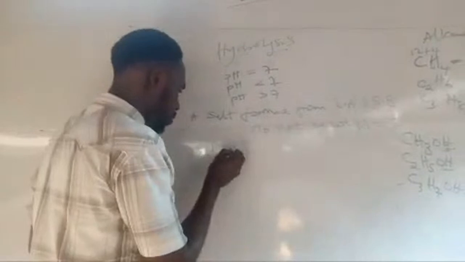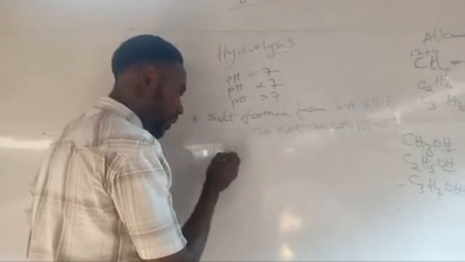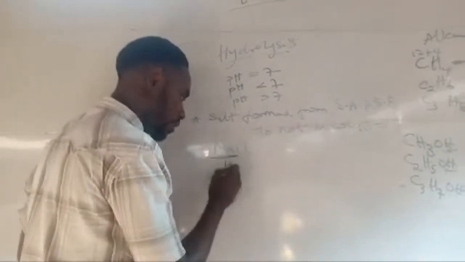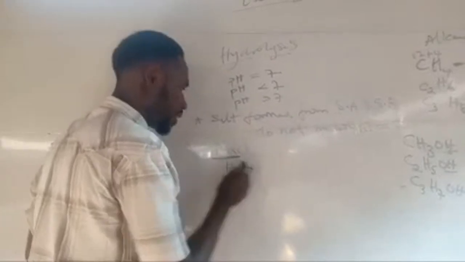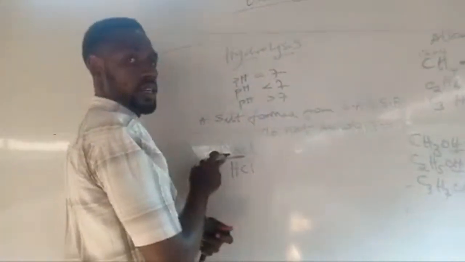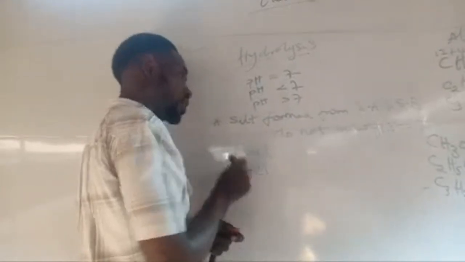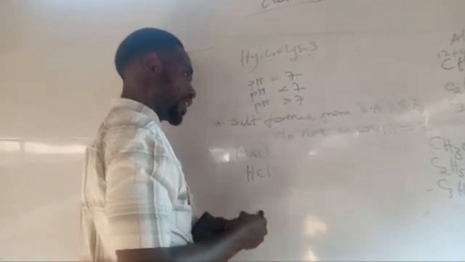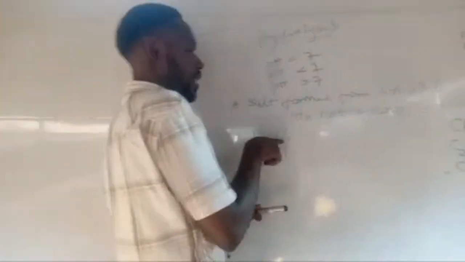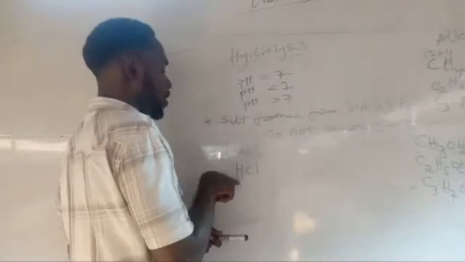First, remove the metal. Replace the metal with hydrogen. Then leave the non-metal. You have gotten the acid. I've removed the metal, no matter the salt, just remove the metal or the positively charged ion, in the case of ammonium salt, replace it with hydrogen. Keep the non-metal constant. So the acid that formed this is what?